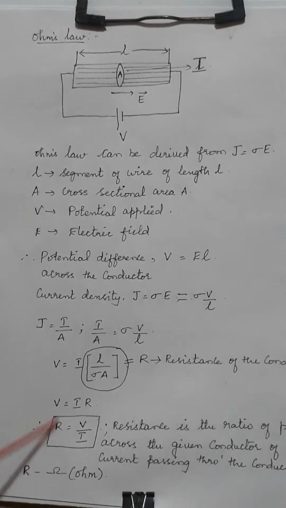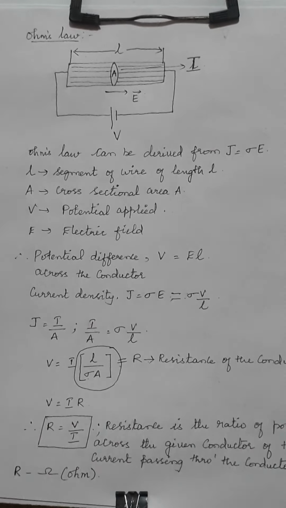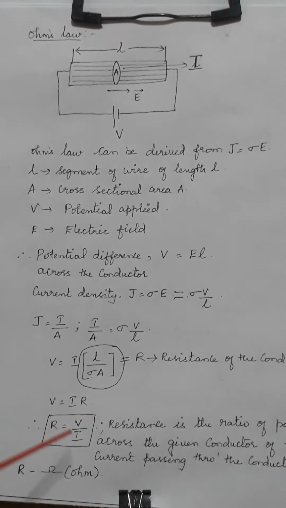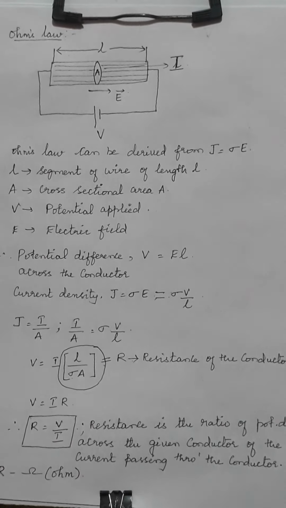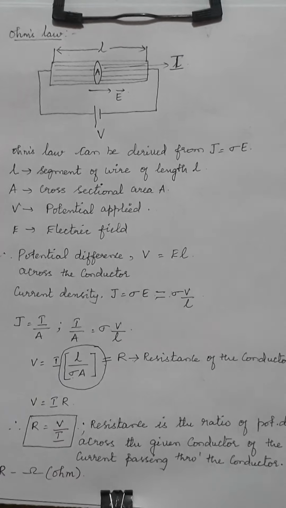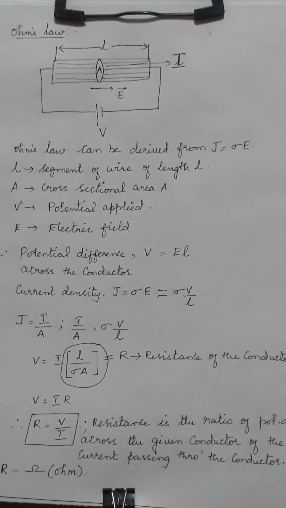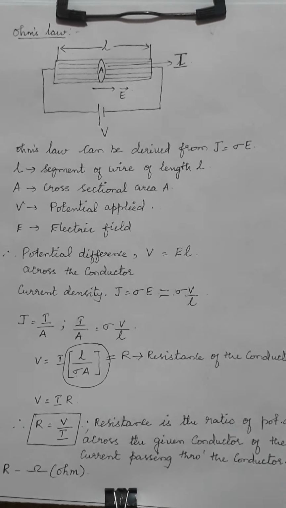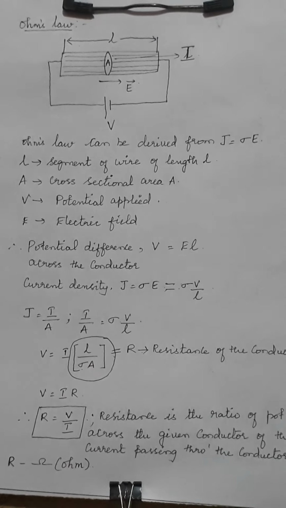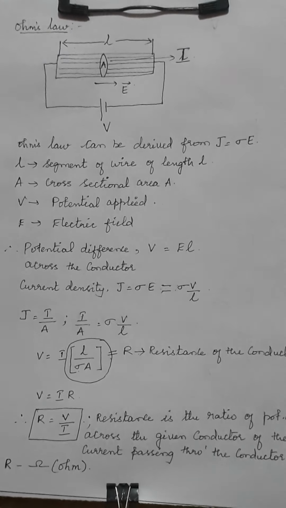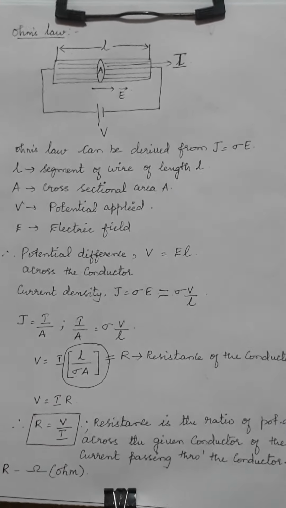From this equation I can write this in sentences. I will write it as a ratio. So resistance is the ratio of the potential difference across a given conductor to the current passing through the conductor, and its unit is ohm. O-H-M, ohm. Don't write it as ohms, never ohms, because there is no plural form of any unit. S is the unit of second. Generally students make that mistake. It's wrong. It is only ohm, and there is a symbol which is used for it.